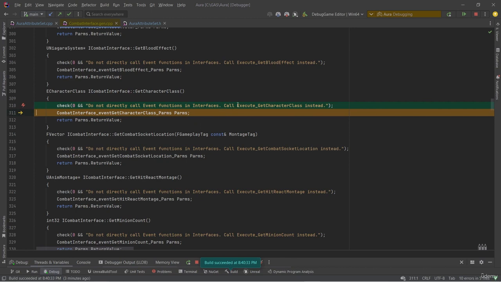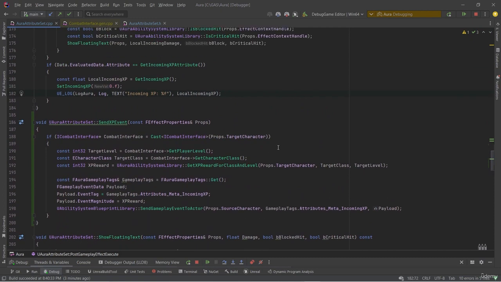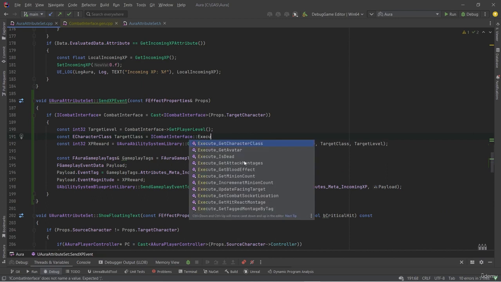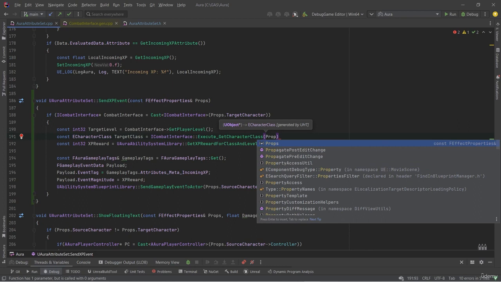It says we should call execute get character class instead of calling get character class directly. And that's right, because getCharacterClass is a Blueprint native event. So what we should actually do here in sendXP event is call the execute version. Let's go ahead and do that. So right here where we're getting our character class, let's just get ICombatInterface and call execute getCharacterClass and pass in props.targetCharacter